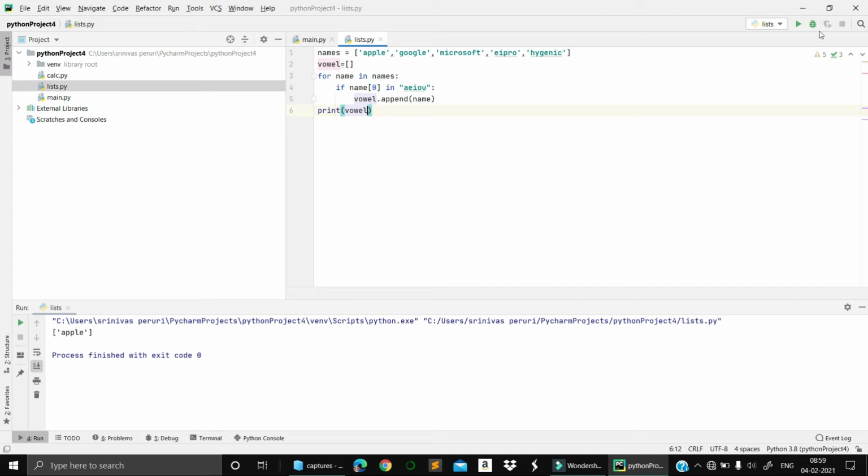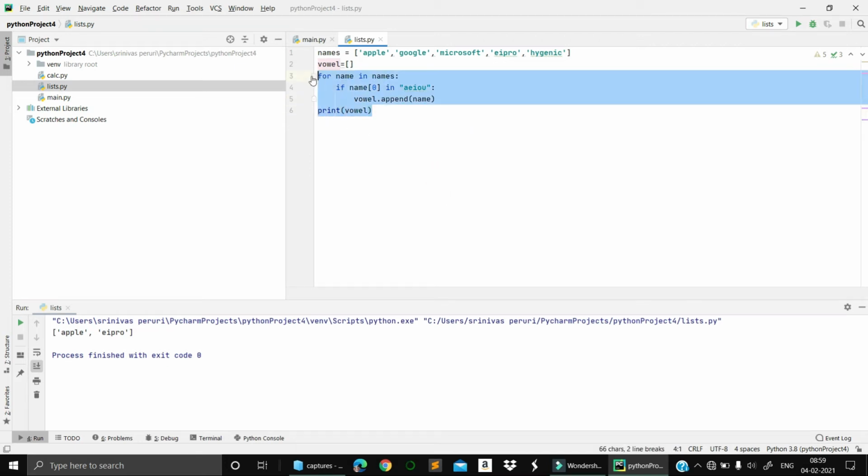This is the normal way, just showing how it will be in the normal case. So I'm getting Abel and ePro. I changed Wipro to ePro to get the identification of AEIO. Don't get confused. This is around 6 lines of code.